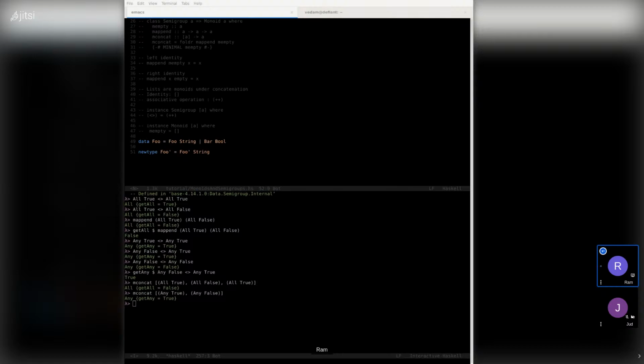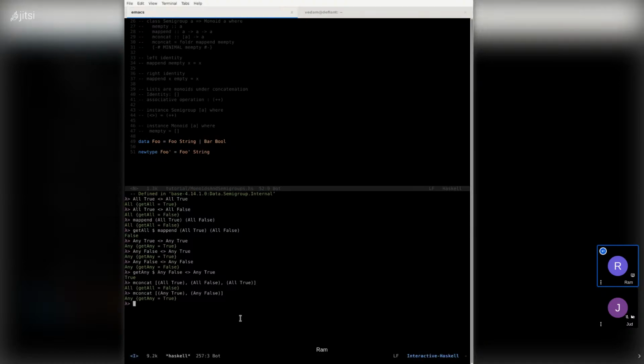Another example is the maybe type, which I was surprised at. I'm still trying to wrap my head around it, so we're just going to go through the example here. Basically, they have this operation called first and this operation called last, since there are two possible monoids, essentially dealing with either the leftmost argument or the rightmost argument in the maybe type.